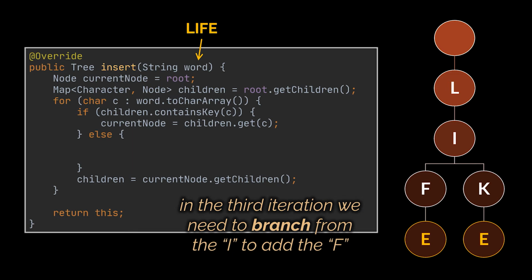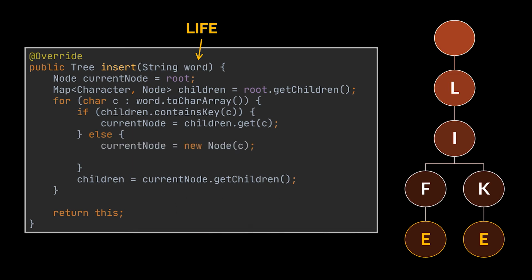To do that, in the else block, we need to initialize the current node variable to a new node containing our new character, and then this new node will be added to the set of children of the last common character we encountered. Now, you may be wondering that both these calls are part of the iteration over the tree. But why is the current node variable iteration restricted to the if statement, and the children iteration is outside the if statement and being executed in both cases?